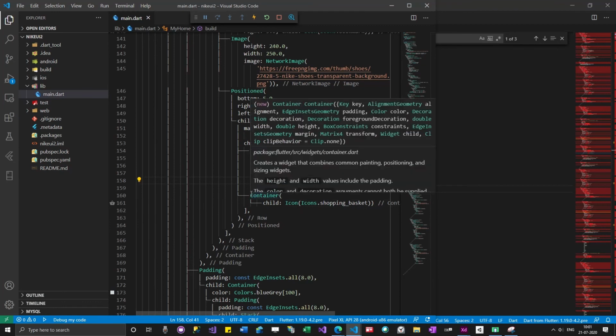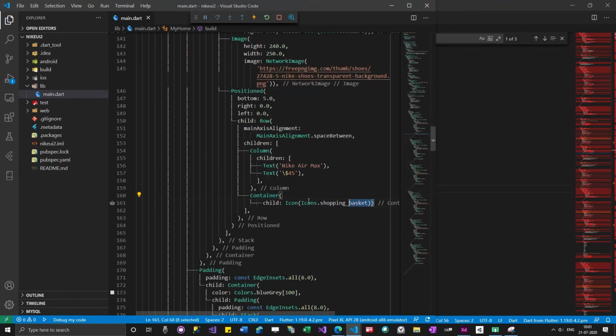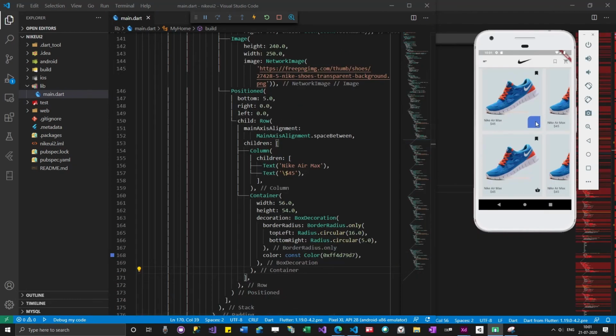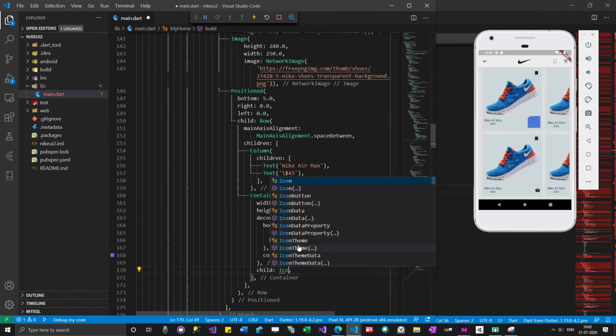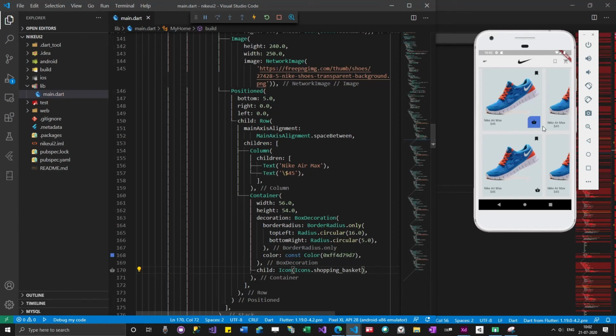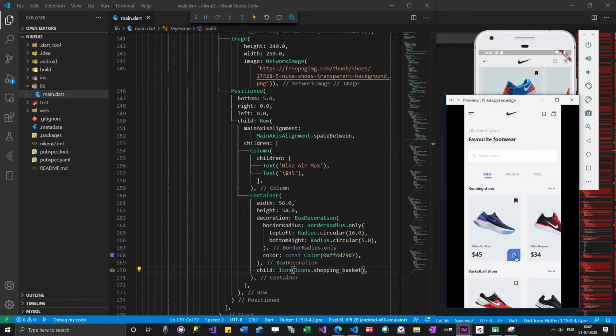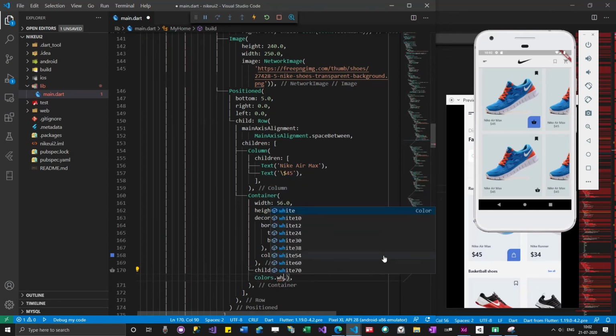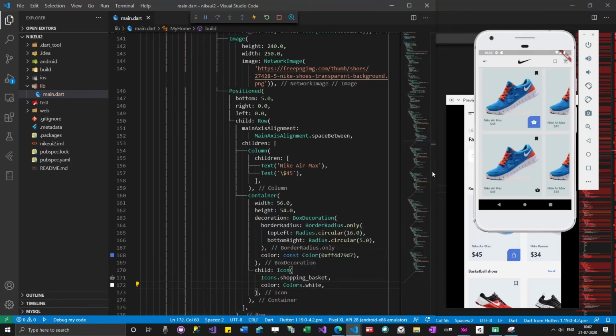So let me replace this container with this code. Okay, it is added. I will just add the child. I need to change that into white color. Icon should be white in color, right? So it is added.